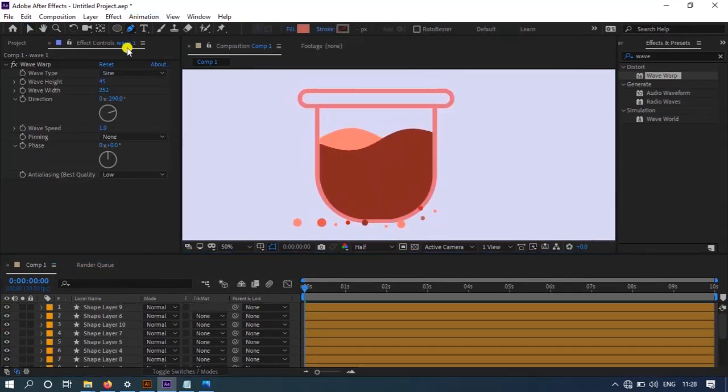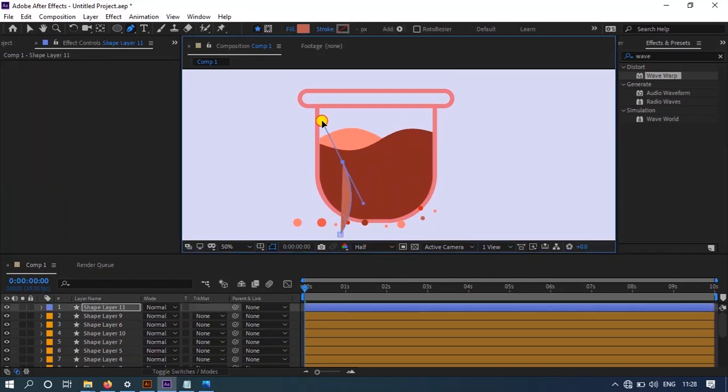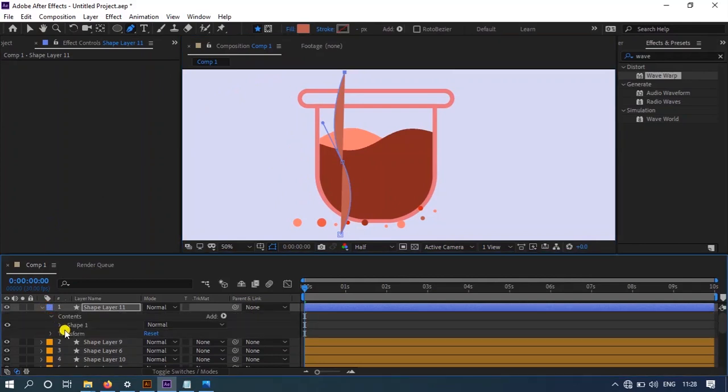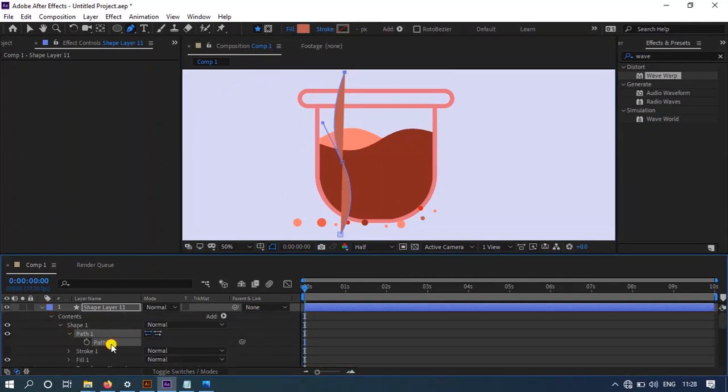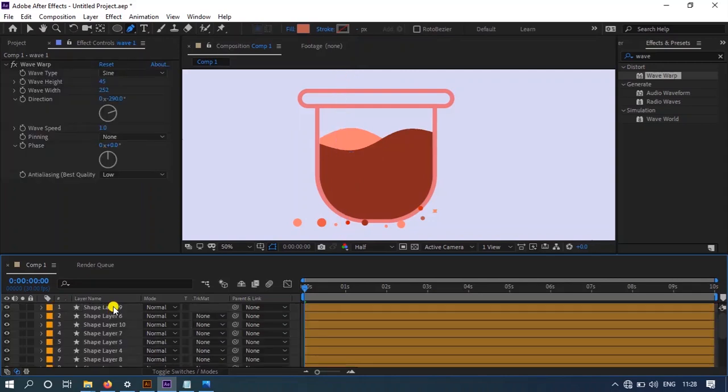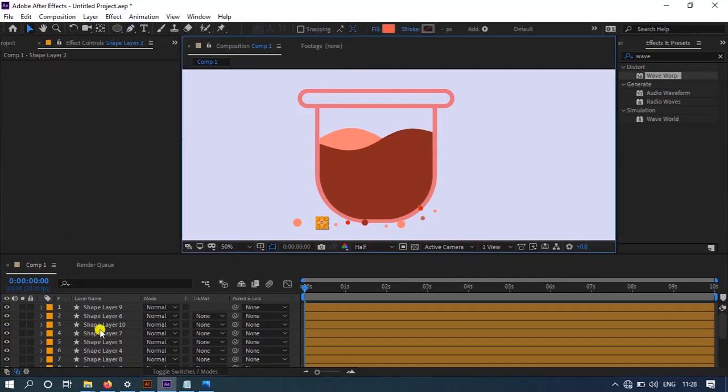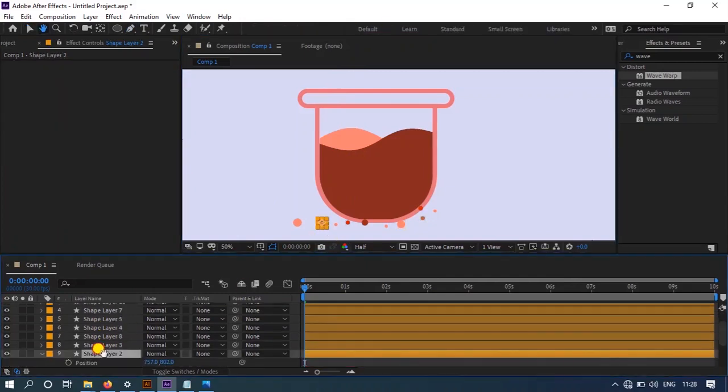Select the pen tool and start from here and make a shape like this. Open this layer's properties. Now select the path option and press Ctrl C to copy. Now delete this layer and come to any ellipse. Press P for position.